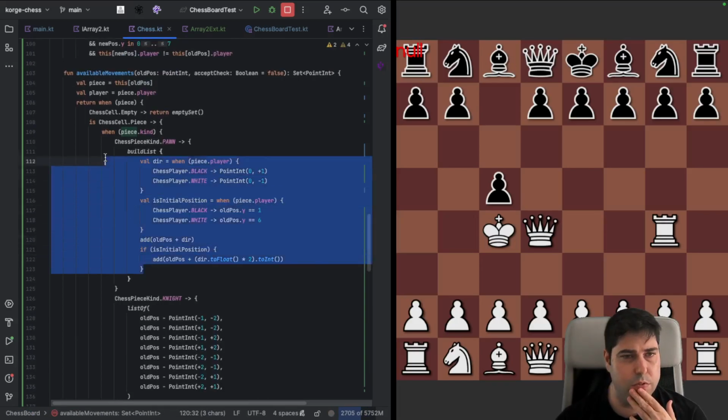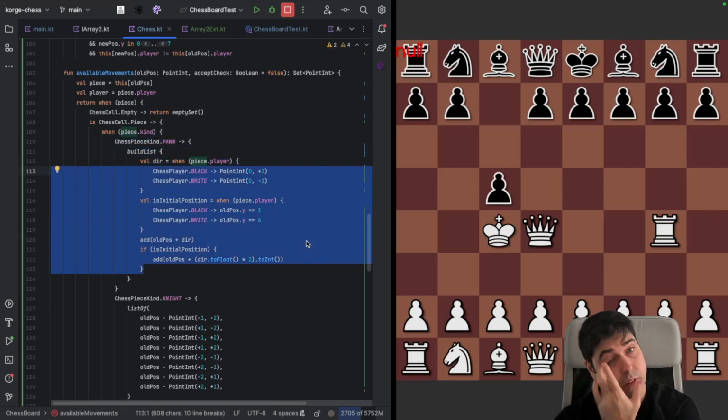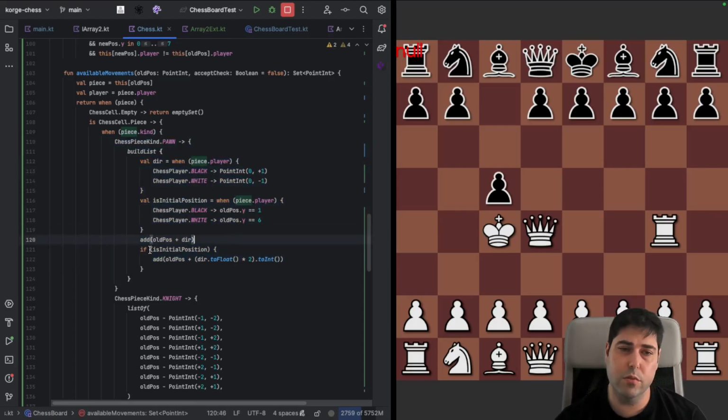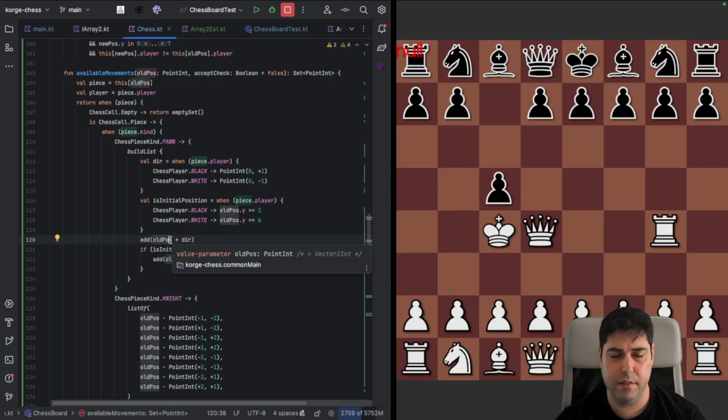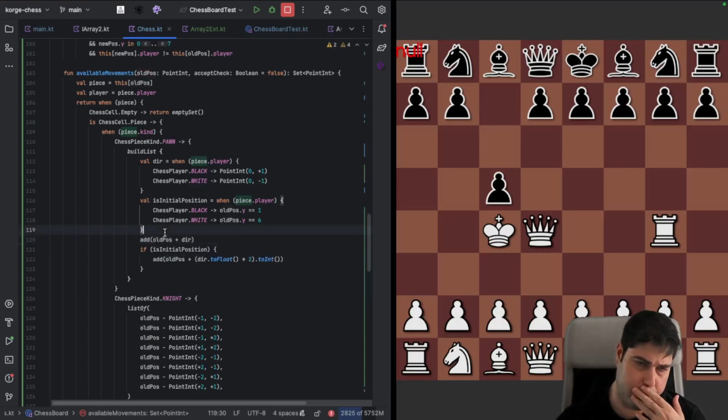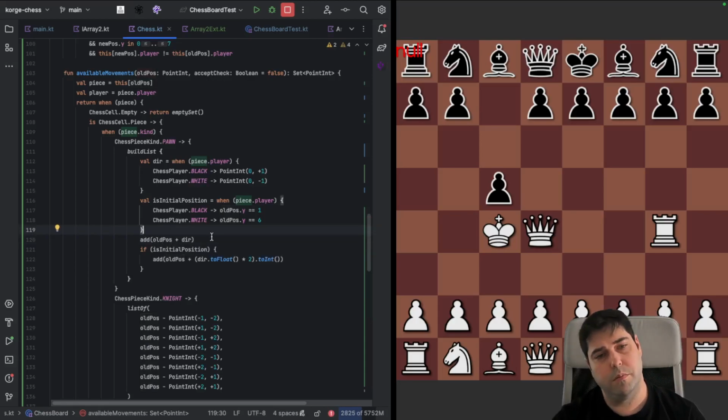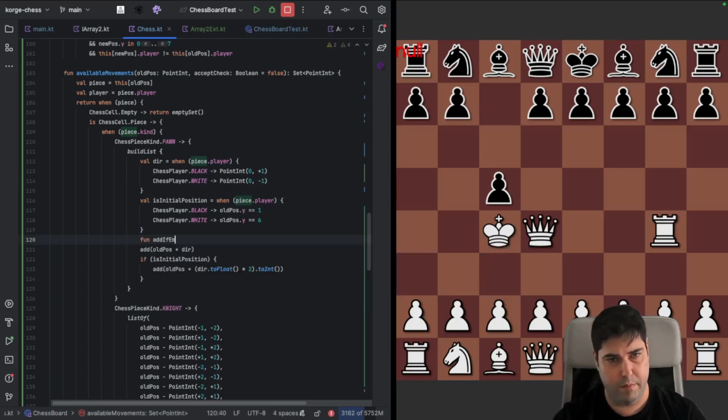This is the rule for the pawn. So we are going to accept this only in the case the cell is empty. So if empty,